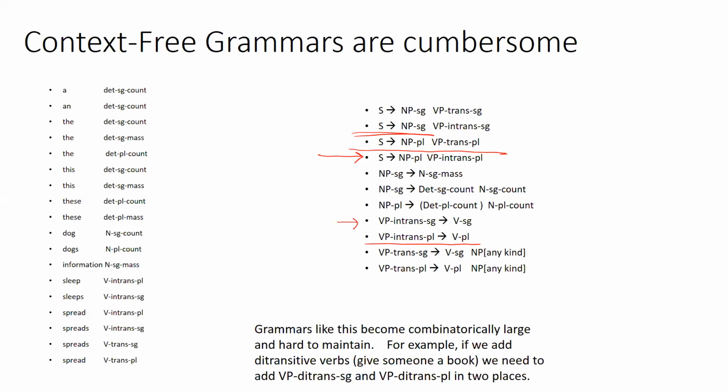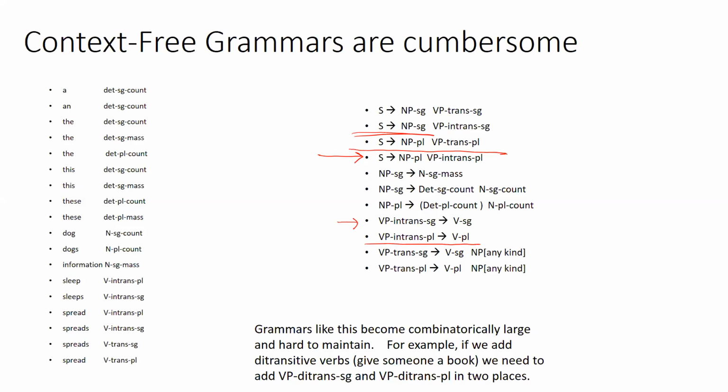Also, as you see at the bottom of the slide, if we added another type of verb or another type of noun, like another distinction in noun, like common and proper or something, we could end up doubling the size of the grammar. And the other thing is, just from an engineering perspective, if now we want to add ditransitive verbs, so a verb phrase consisting of a verb and 2 noun phrases, we would have to add it in how many places, let's see,